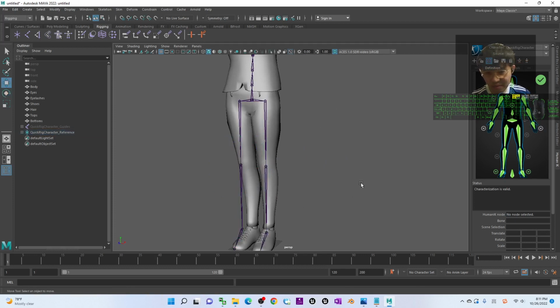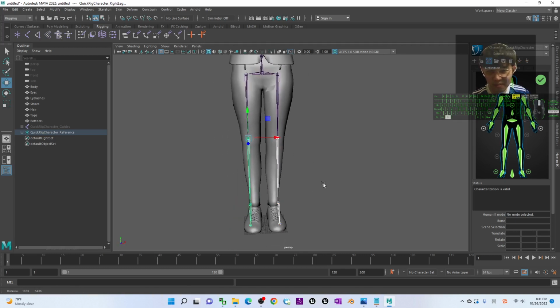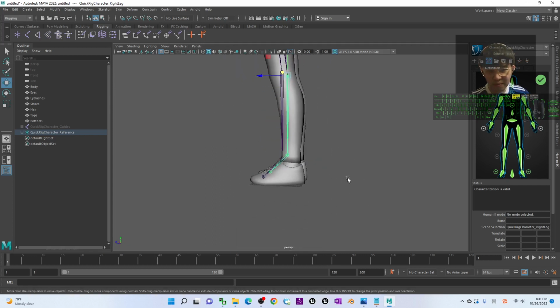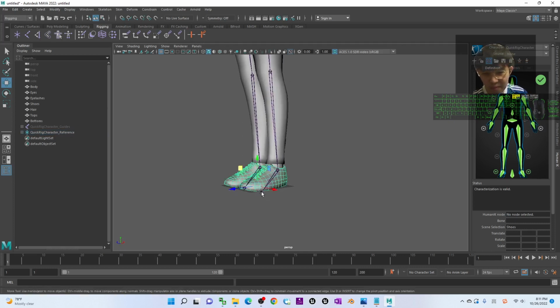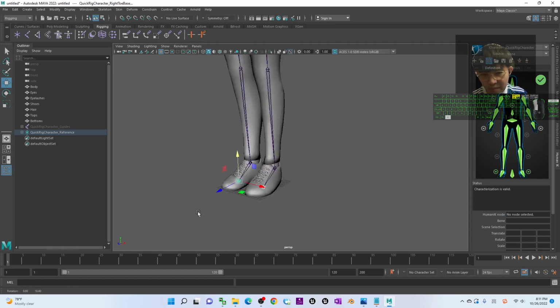Press W to move it to the correct position like this. Right. Now, this one. Alright, done.